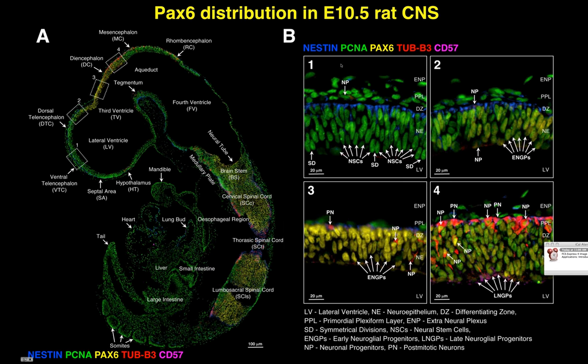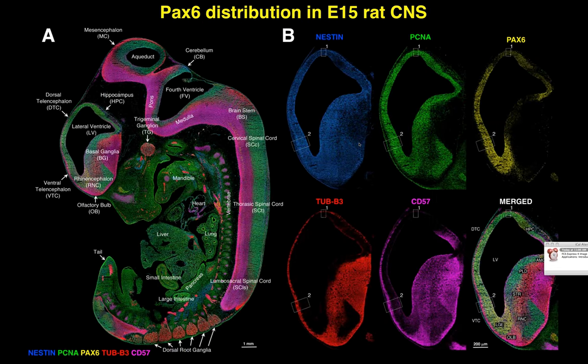At E10.5, you can even count these cells by hand because there are so few cells in any given region. However, a few days later, at E15, using the same staining protocol, you get a situation like this, and that makes it very tedious, impractical and somewhat subjective to quantify all of these